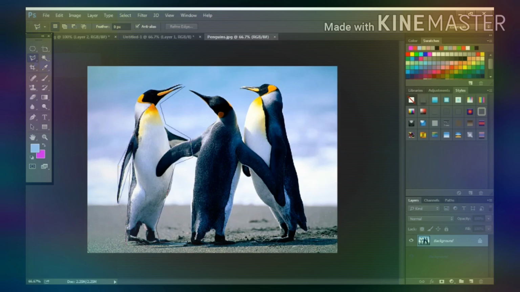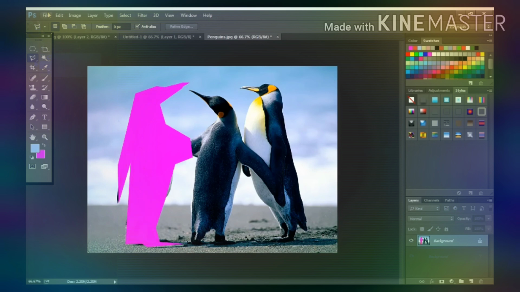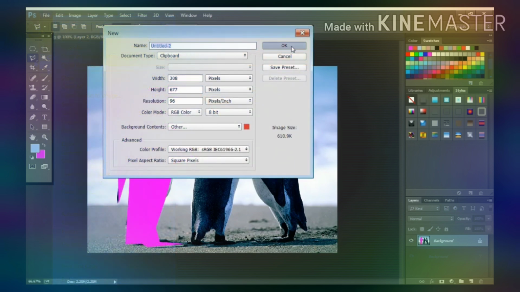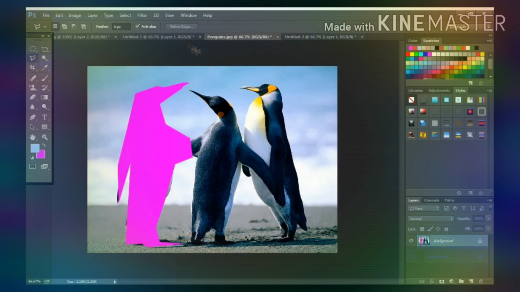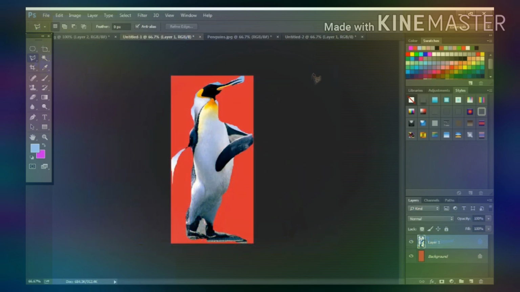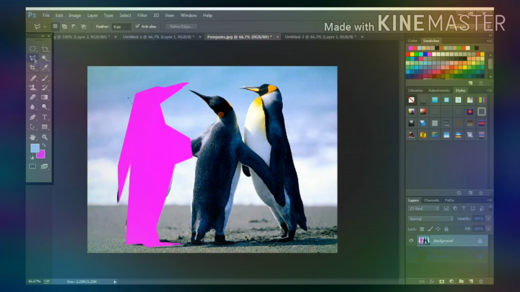Seeing the penguin, I have already selected it with the lasso tool. Now I am using the polygonal lasso tool. Now we will see how it works. Okay, now cut it. Control X I have done. File, new file, I'm pasting, paste here. This is polygonal lasso and this is lasso. I hope you can see the difference between these two, lasso and polygonal lasso. So now move on to the next.